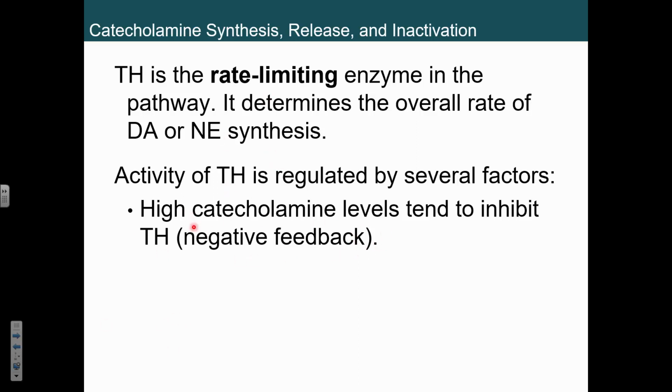Negative feedback in this case, what we mean is, how do we control this process so it doesn't run out of control? And we're going to do that through negative feedback. So if we really have high catecholamine levels, this could be dopamine, norepinephrine, or epinephrine, that's going to inhibit the tyrosine hydroxylase enzyme, right? So it's going to inhibit its activity, so we stop making so much of the DOPA, which is a precursor for all of those neurotransmitters. So we'll inhibit that activity, slow the process down until catecholamine levels in general drop, and then that tyrosine hydroxylase will go back up. It's all about homeostasis and negative feedback.